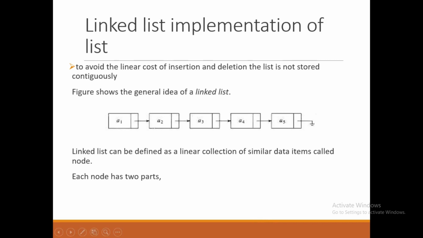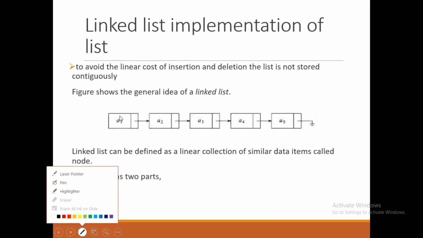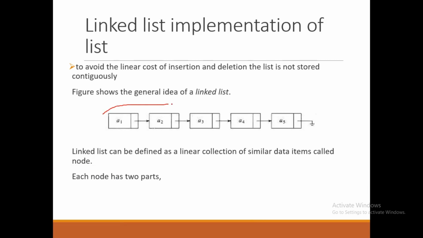Look at this diagram. This is the linked list idea. In case of linked list, the elements will not be stored in contiguous manner. Instead, wherever the memory location is available, there the elements will be stored. Look at this: in this list we have 5 elements, and all the elements have been stored like this. We are not yet aware of this, so I will explain what is linked list.